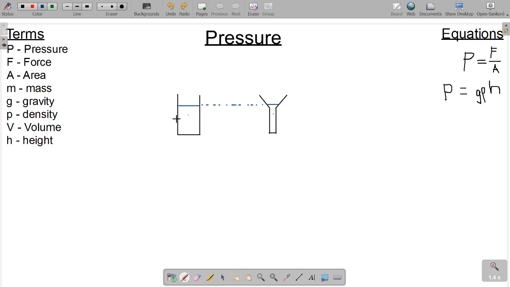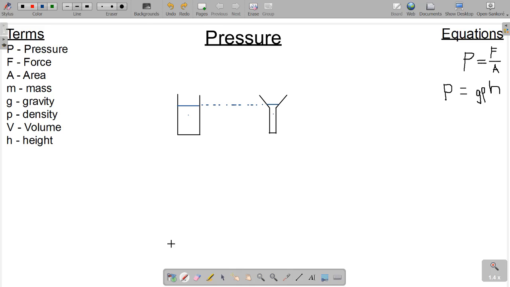So this is actually contrary to what we may think. Most of us may think that the pressure at the bottom here may be more than, or different from, the pressure here because of the shape of the container. Like here's a bit more water, or simply because this is a bigger base area. So let me explain why